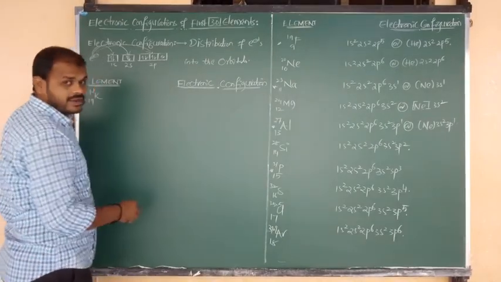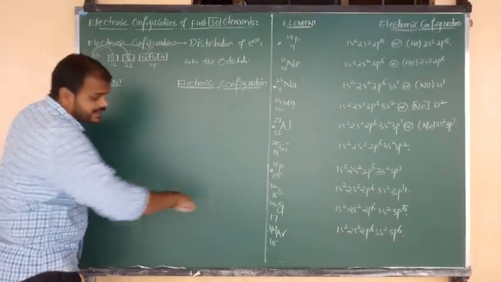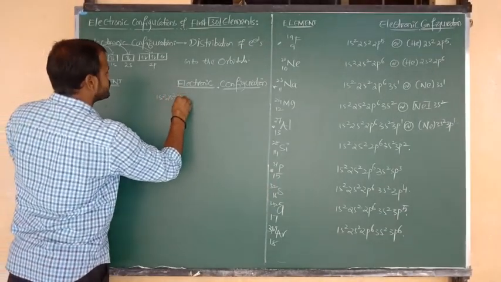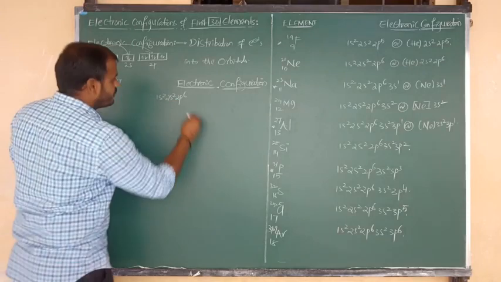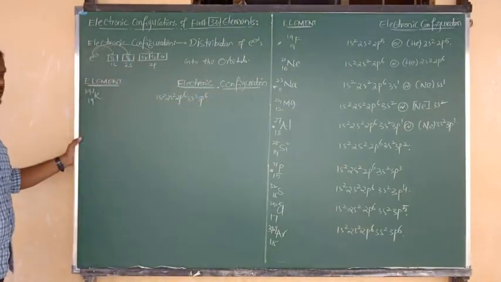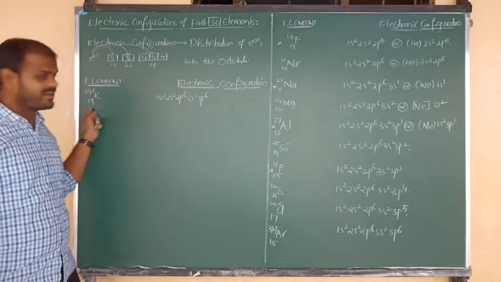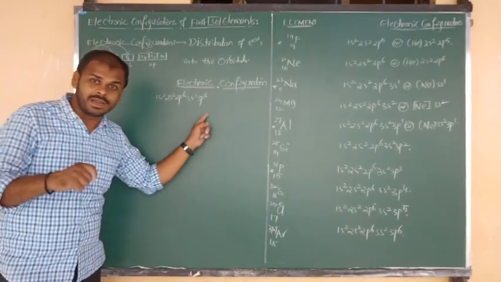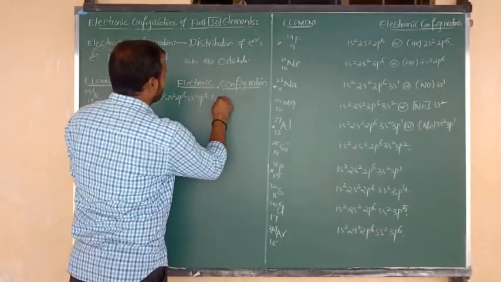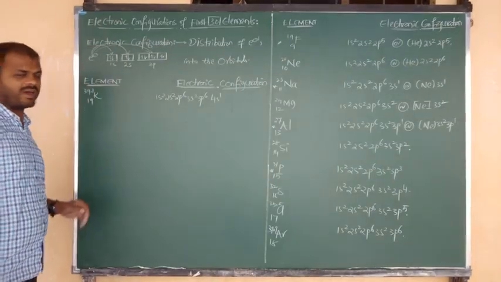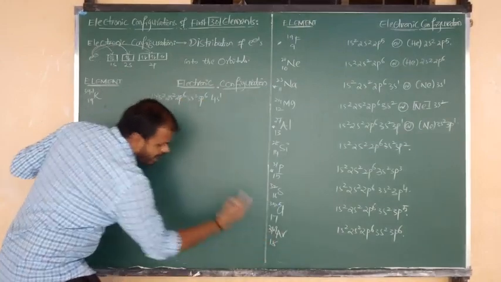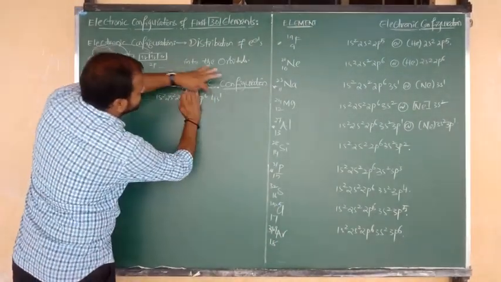So potassium atomic number is 19. How are those 19 electrons distributed? Up to now 18 is clear. What is the 18 configuration? 1s2, 2s2, 2p6, 3s2, 3p6. Up to now 18 electrons are clear. But here 19 electrons are there. So after filling of 3s and 3p, the next electron enters into the 4s orbital. So only one electron is excess, that is 4s1. 1s2, 2s2, 2p6, 3s2, 3p6 is argon. So up to now is argon, after argon 4s1.